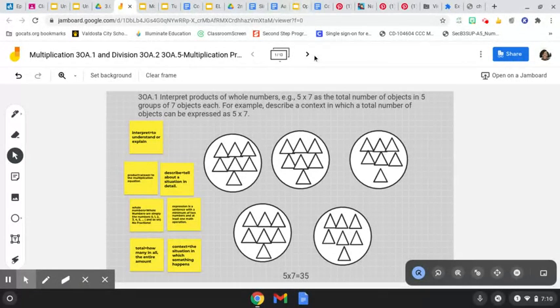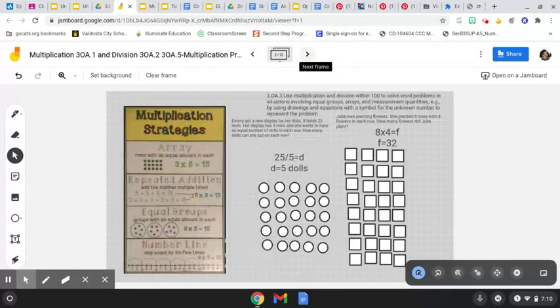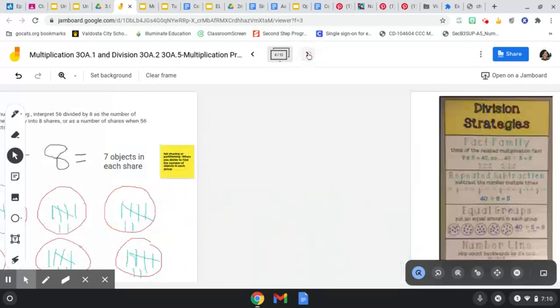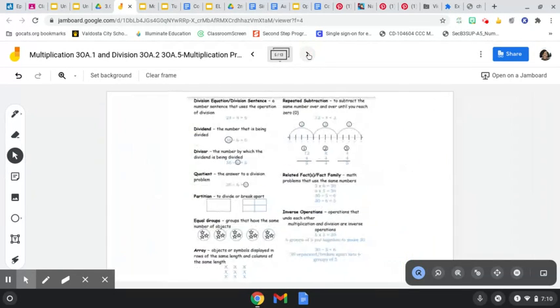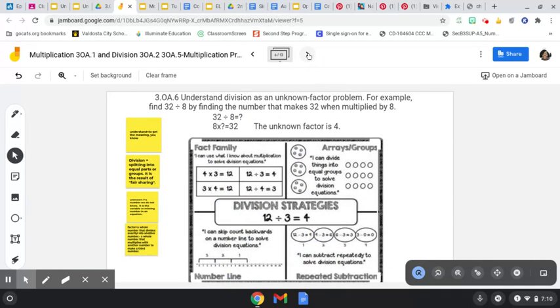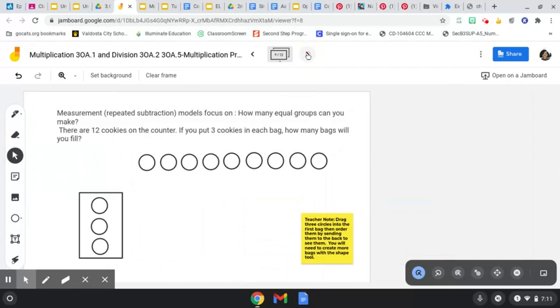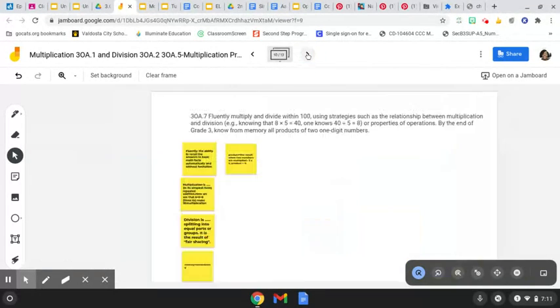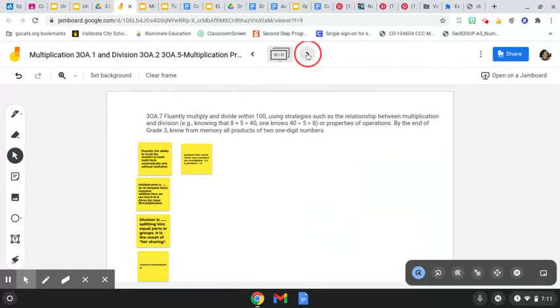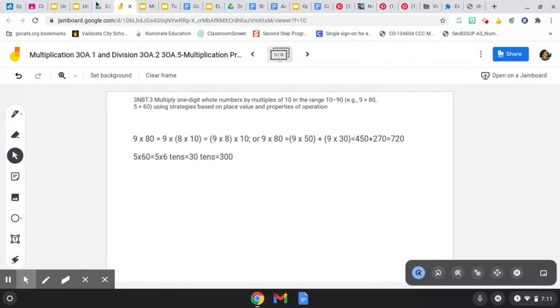So you can go through here and see the different standards that we did for multiplication and division. Okay, and you've seen these because I've been teaching. So once you go through the slides, familiarizing yourself with all of the standards we learned,